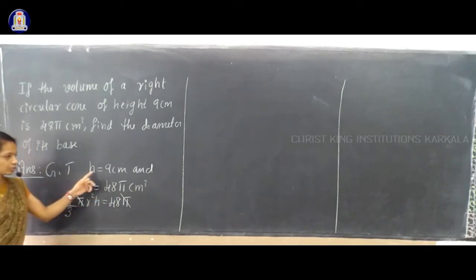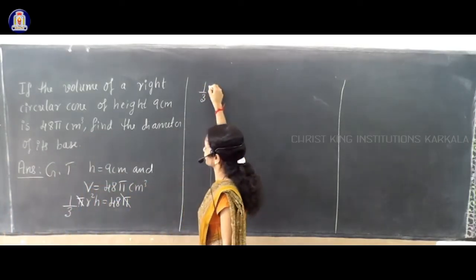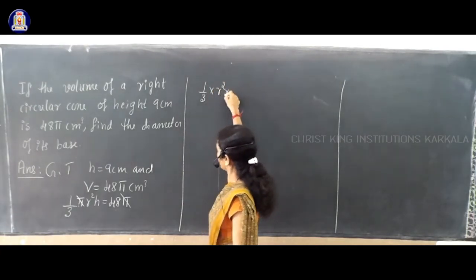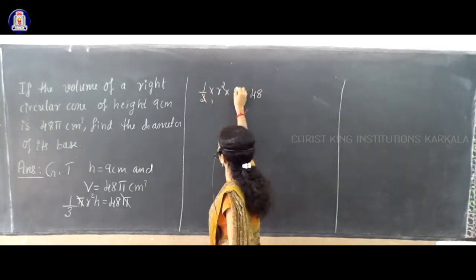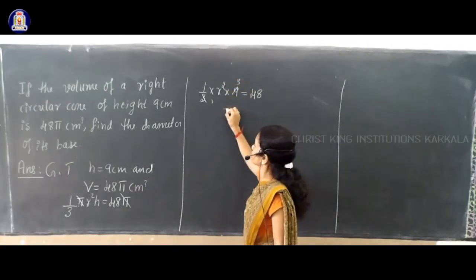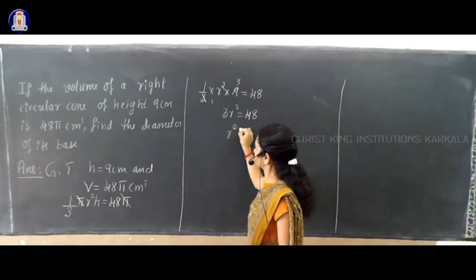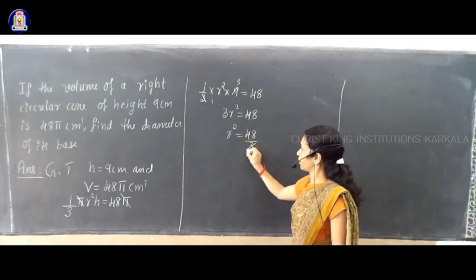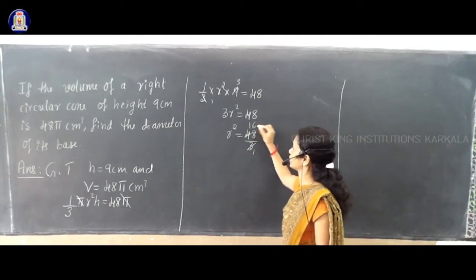Next H is known to you, so replace that here. So on the left side we will get 1 by 3 into R square that we have to find. So write as it is into H, that is 9, equal to 48.5, and here 3 ones 3, 3 times 9. So 3 into R square is equal to 48.5 we will get, and from this we will get R square is equal to 48.5 into 3. We have to send the other side as 5, and 3 ones 3, 1 left, 1 with 18 and 3 6 times.